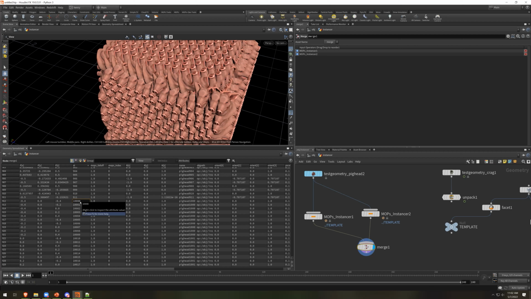So I have this variant attribute that's an integer attribute. And then I have it on these as well. And then I'm going to change the piece attribute to variant. And now you have a different one copied to each one based on that random value. So this is sort of the newer way of doing things when you want to decide what object gets copied to what point. If you want to use this with MOPs, if you have this sort of merged geometry and you want to use this, what you can do is MOPs has this thing called add from variance, where